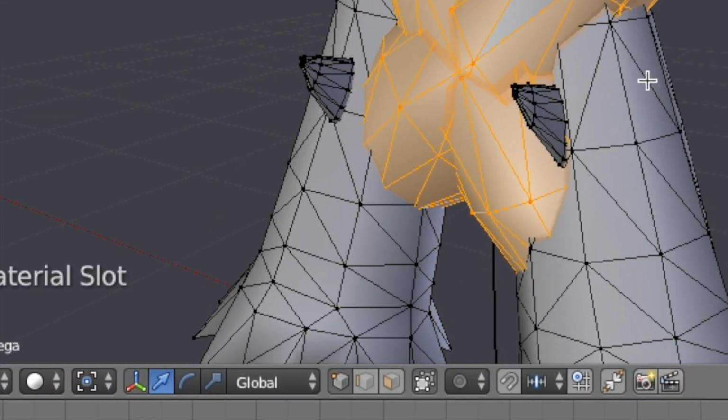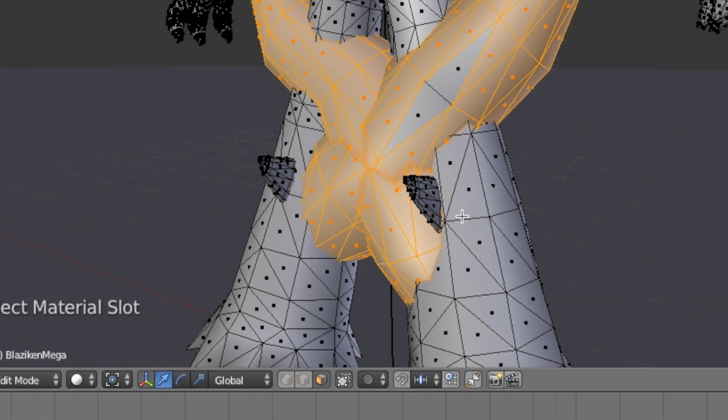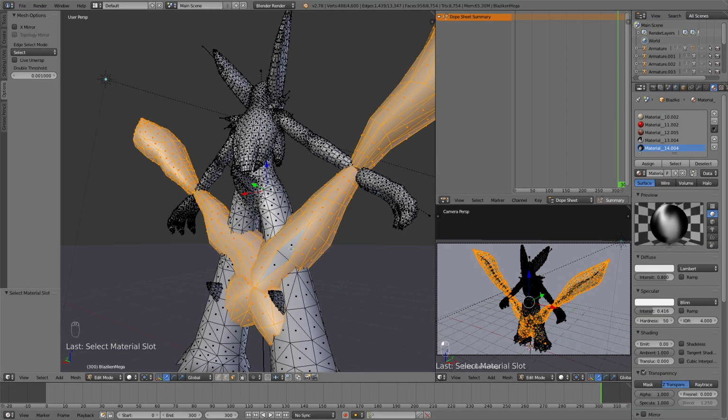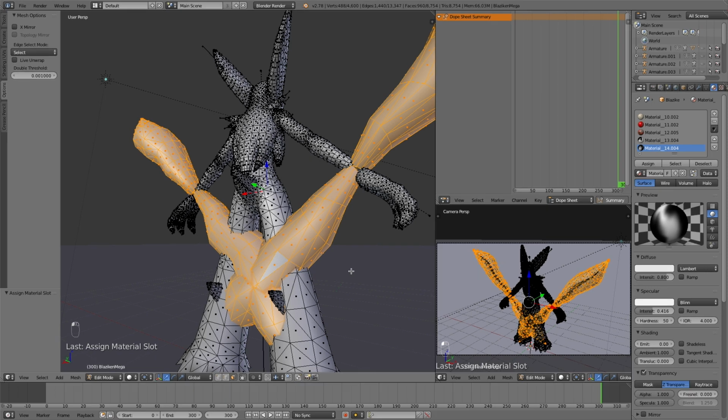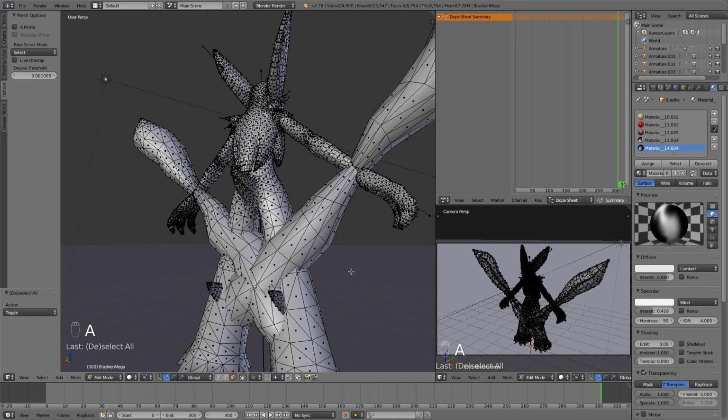Now down here, we can change how we want to select points on the model. Click this button, which will allow us to select the model by its faces and not by its individual vertices. While holding Shift, right-click these two triangles, so they turn orange alongside the rest of the shell. Now, just make sure you have the shell material selected, which is very important, and then press the Assign button. This will reassign those two faces back to their proper material, and while doing so, deassign them from the core